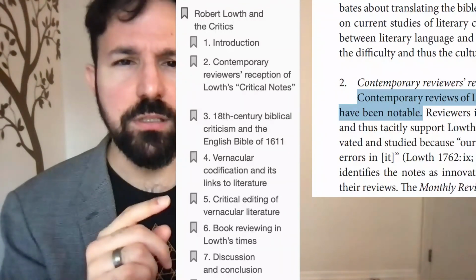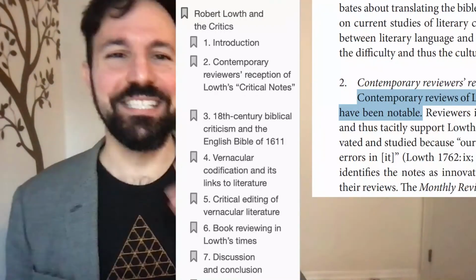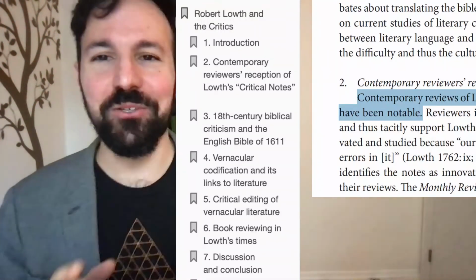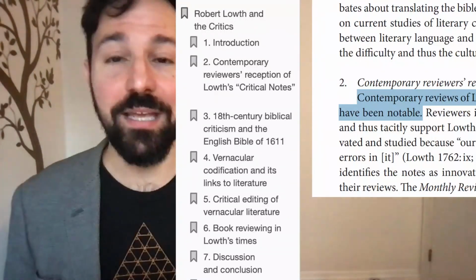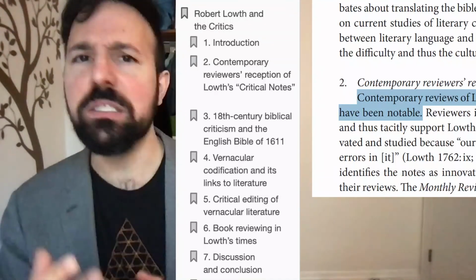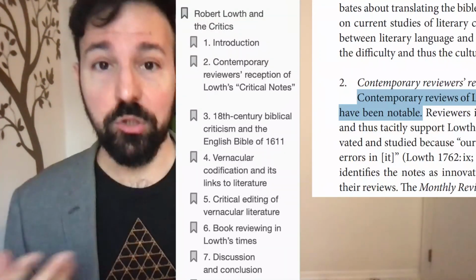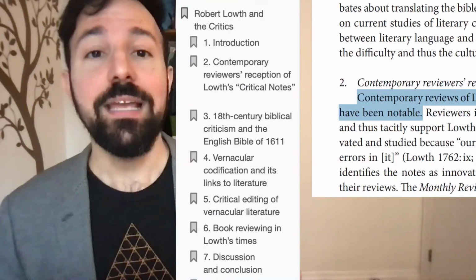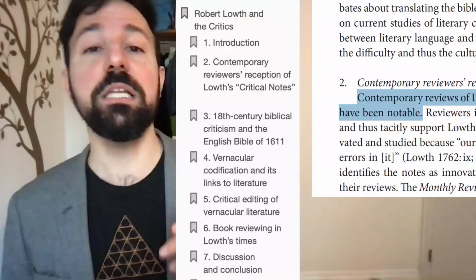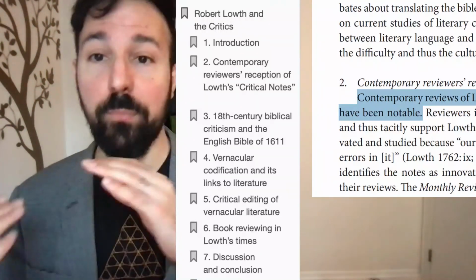Here in section 6, is that right? Yes. Here in section 6, sorry, it's hard to see at the same time. I'm sorry. Here in section 5, she also says that there's a then ongoing debate about the better way to edit great English writers, right? Shakespeare, Milton. She says that the critical editing of vernacular literature, of English literature, I quote Percy here, is a significant and hitherto unrecognized, or at least under-recognized, influence on Lowth's critical notes, which is a result of a boom